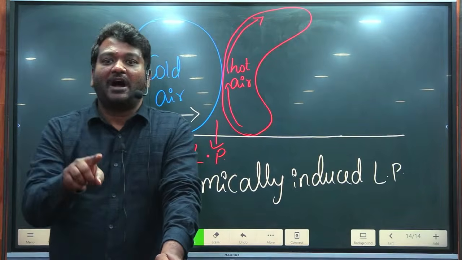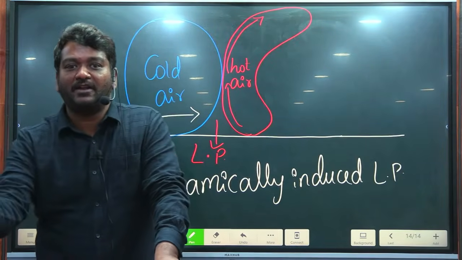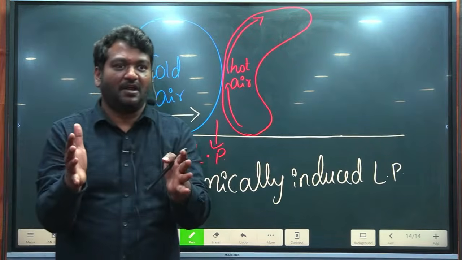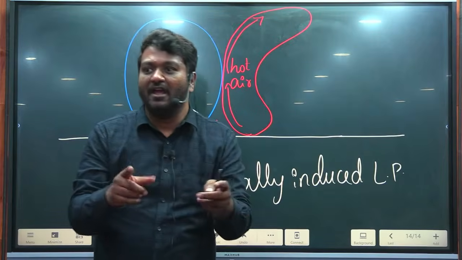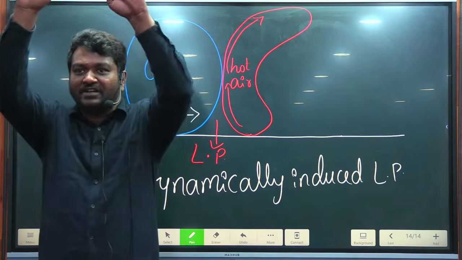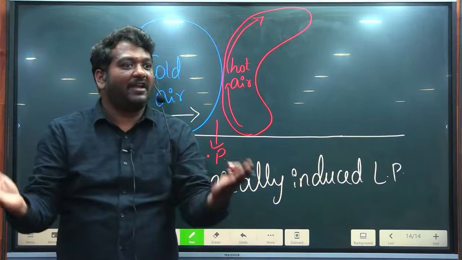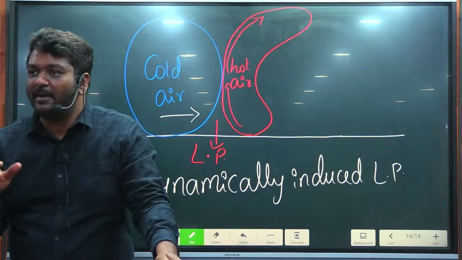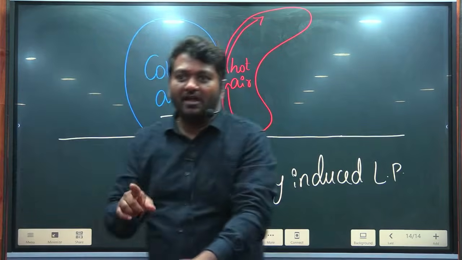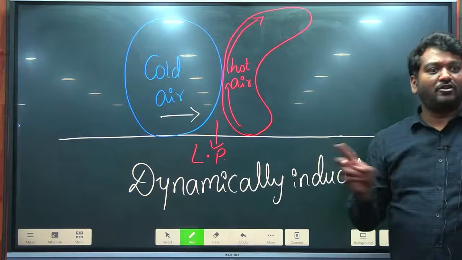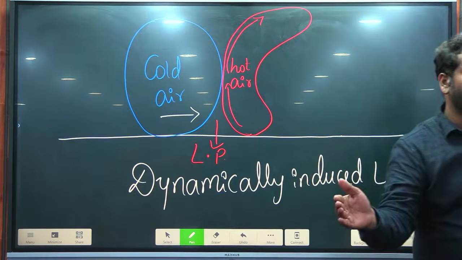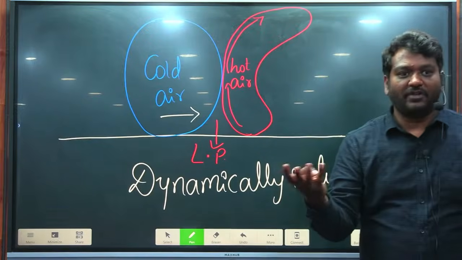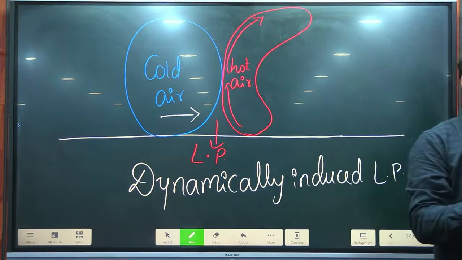Now I told you after that about adiabatic heating and adiabatic cooling. What is adiabatic heating? Whenever there is compression, it leads to adiabatic heating. Where will you normally observe compression? Descending air. Wherever air rises, what is going to happen? Expansion, and it leads to adiabatic cooling, right? Then we also saw that there are two types of pressure areas: low pressure area and high pressure area. Low pressure area is divided into two: thermally induced and dynamically induced.